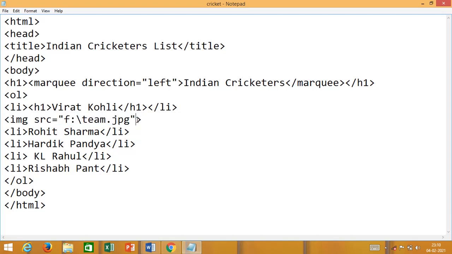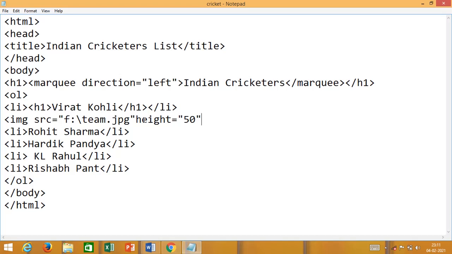Just after the file name, I am removing this angular bracket right now. Just after the file name, you have to put the height of the picture. Height is equal to, it should be in pixels. Let us say I will write 50.